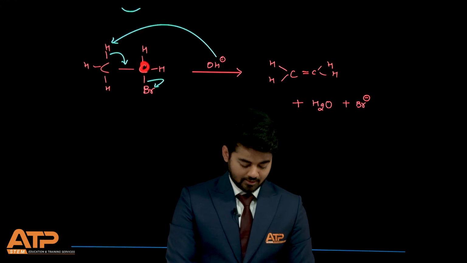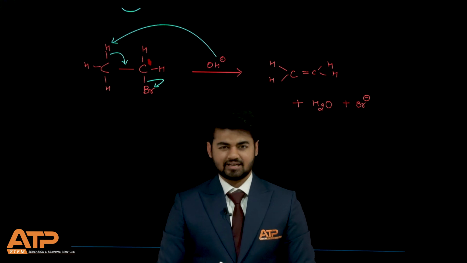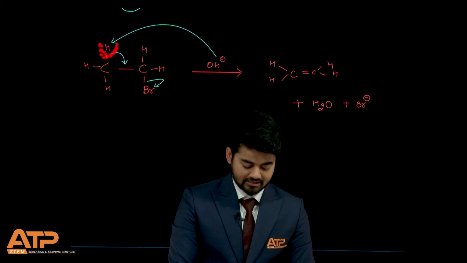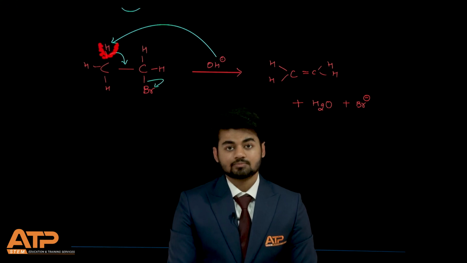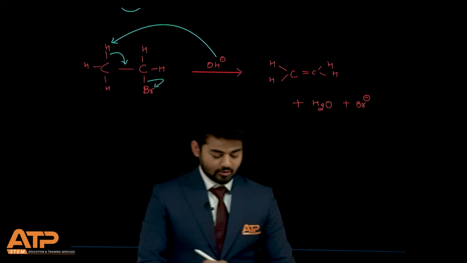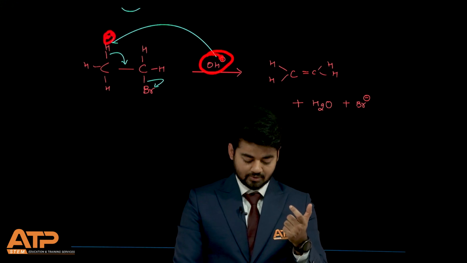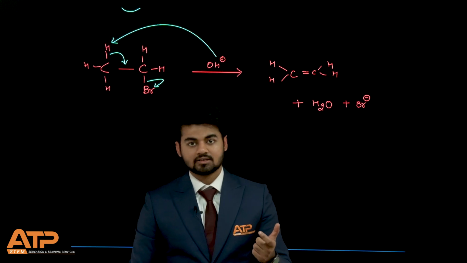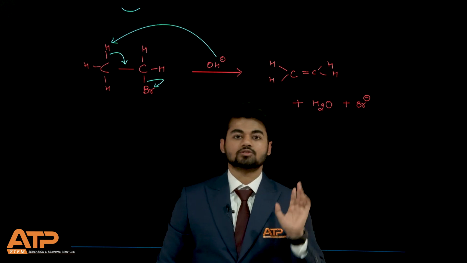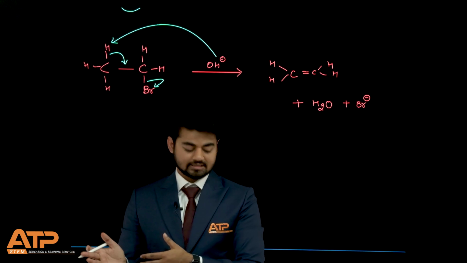right? Okay, this carbon, because its electrons were taken by bromine, became electrophilic, slight delta positive charge. The adjacent carbon started breaking the bond with hydrogen, right? And this bond is broken in such a way that electrons are moved away from hydrogen. So H is moving in the form of H plus, and the moment H plus is formed, this OH minus grabs that H plus by donating electrons to it. Hence the electron transfer arrow is from OH minus to H plus. OH minus and H plus together form water, Br minus is left.